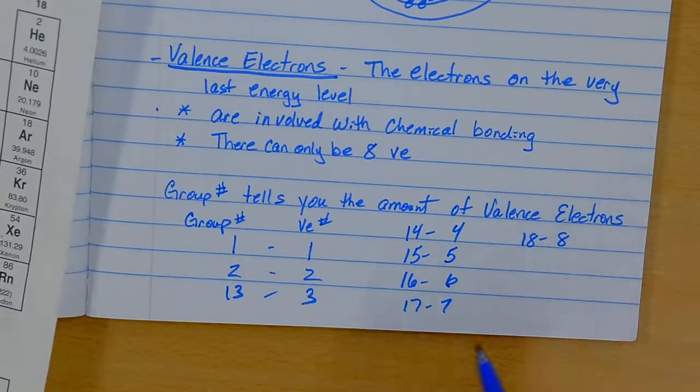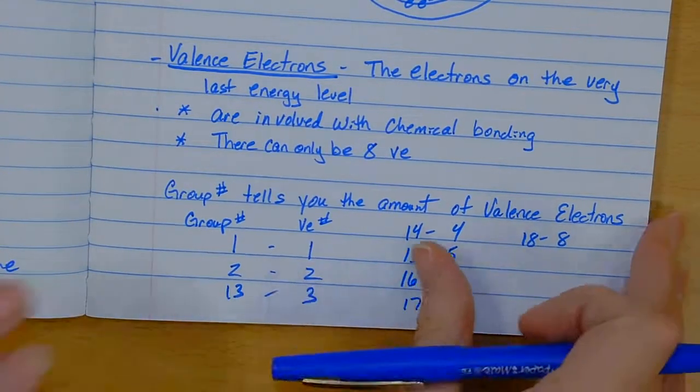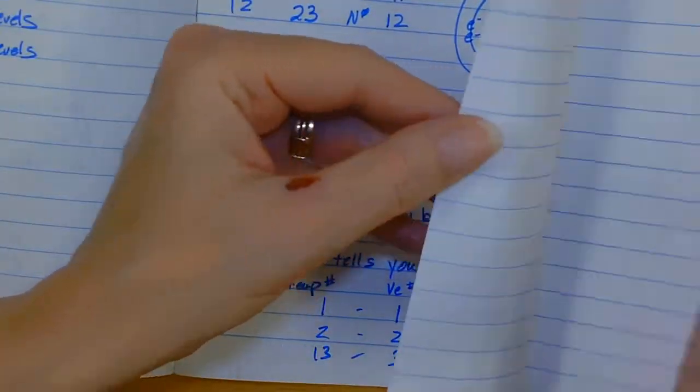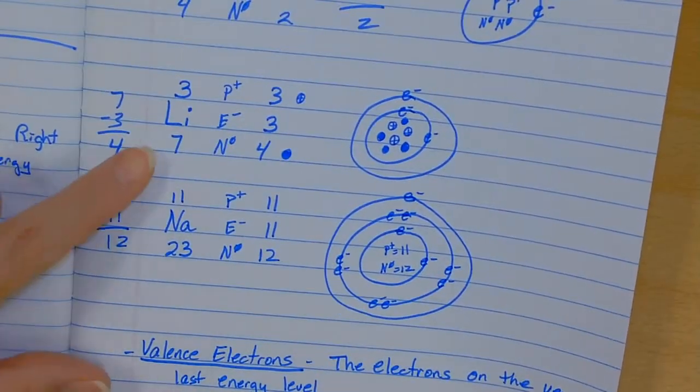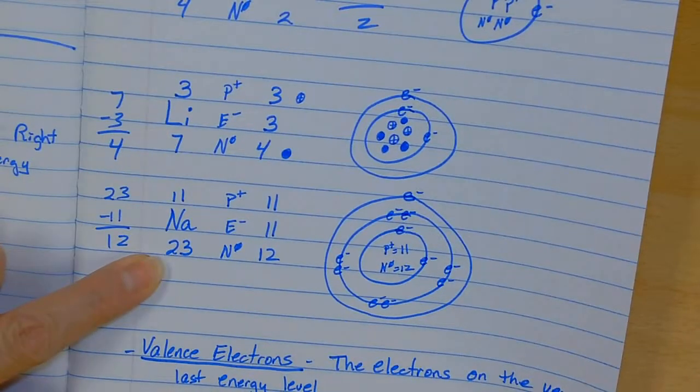Okay, so let's look at another model. You can see right here, before we turn the page, we did lithium and sodium. If we look at the last energy level, lithium has 1